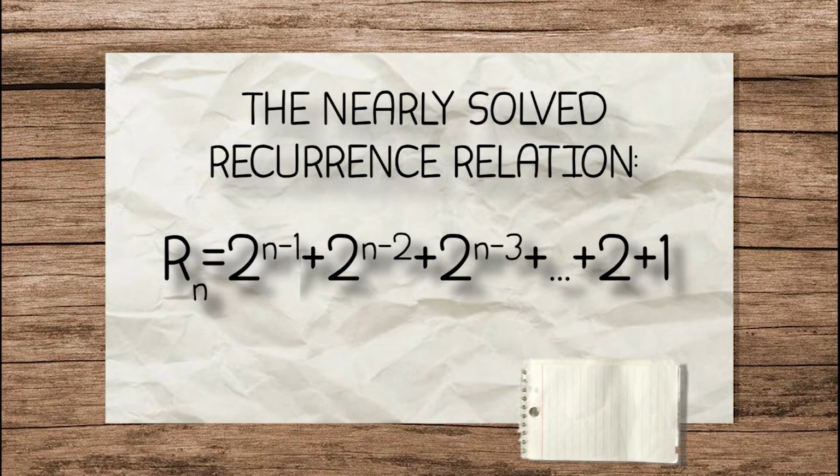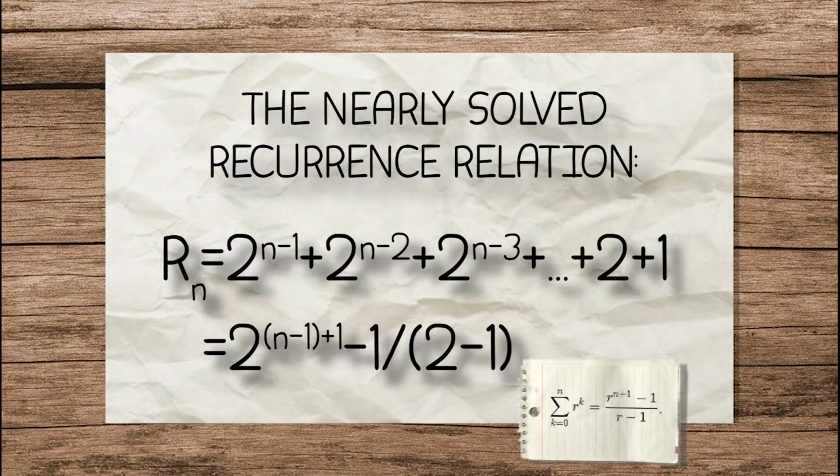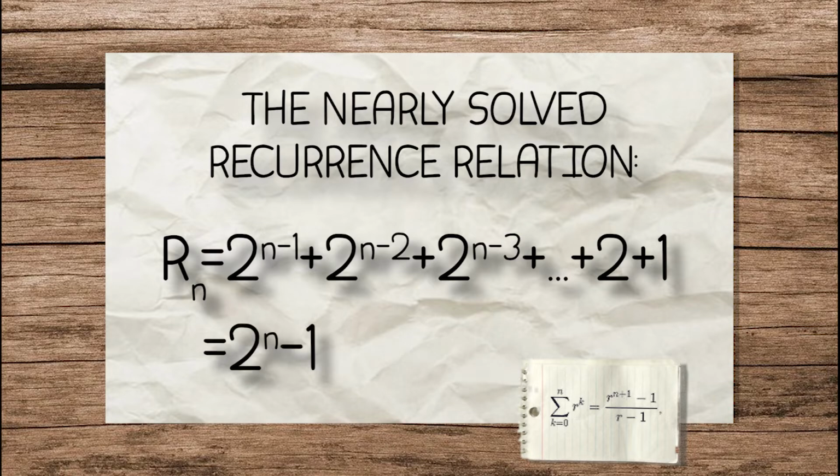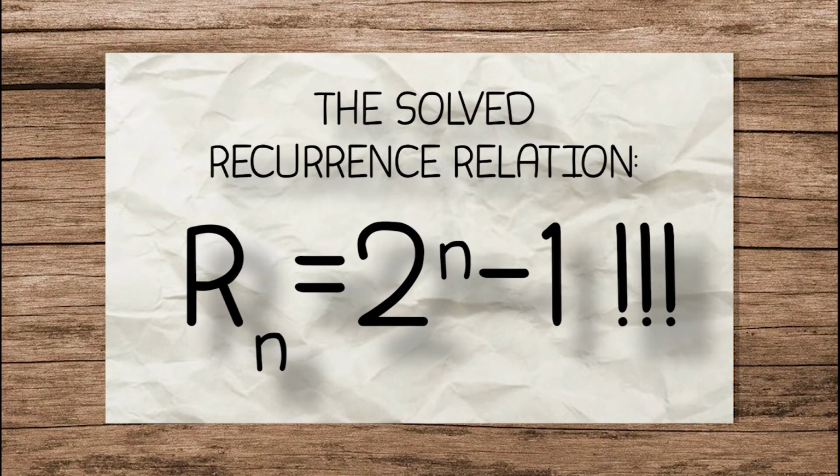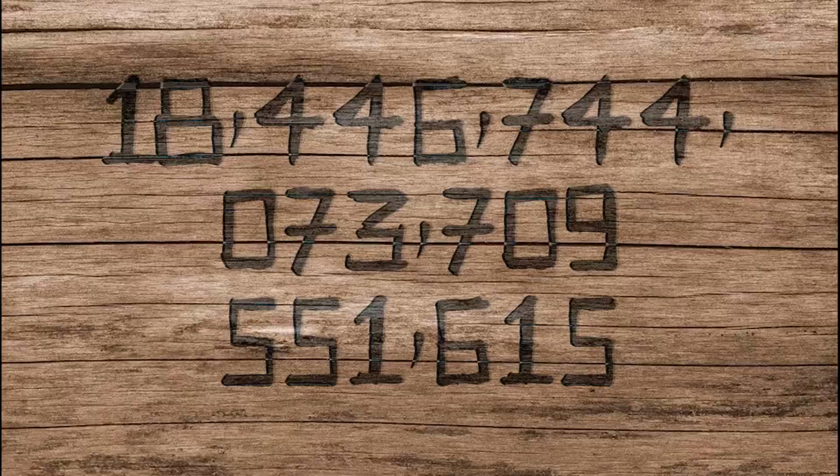Now, how do we simplify this? Remember that we have learned this formula in our previous chapters, so for each increasing n, the total will always be 1 less than 2 to the power of n. And there we have it. The final formula for this equation is 2 to the power of n minus 1. n in this case is 64, so we calculate this and